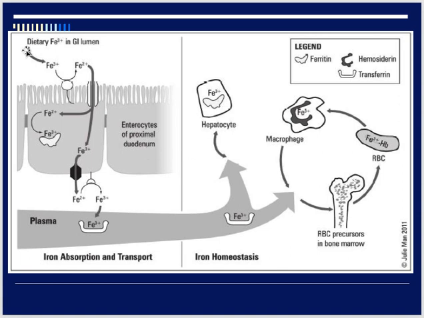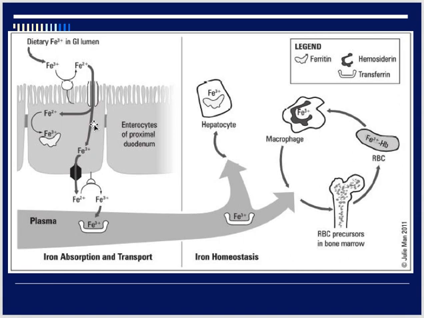So we take iron in dietary form, and you can see over here, Fe3+ ferric iron is converted into ferrous iron Fe2+, which is taken up by the enterocytes, and here that one is converted into ferritin stored in enterocytes.